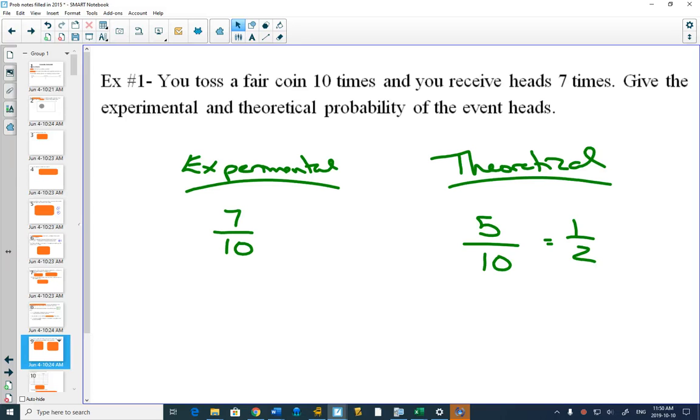Okay? But then, I'm sorry, I'm always thinking about ways of stealing money from students. So if I flip the coin 10 times, would this be a good bet to do? If it happens 5 times out of 10, I give you $5. If it doesn't, you give me $5. Would you take that bet? How about if I give you $6 and you give me $4 for 5 out of 10?